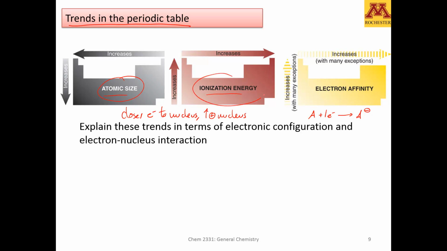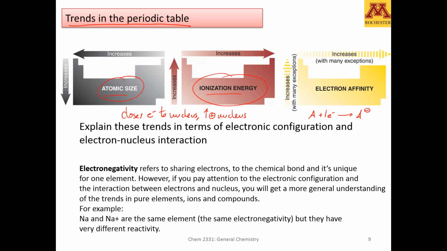But the atomic size and ionization energy, they are complementary. They're talking about the same property, and that same property is all described in one property called electronegativity. A smaller atom, or an atom that has a higher ionization energy, is an atom that is very much attached to its electrons, and that will affect the capacity to share, to give away those electrons, or to capture other electrons. So typically in this area of the periodic table, the upper right part, you will see